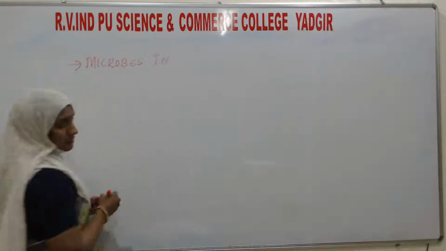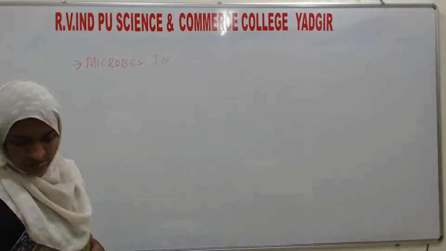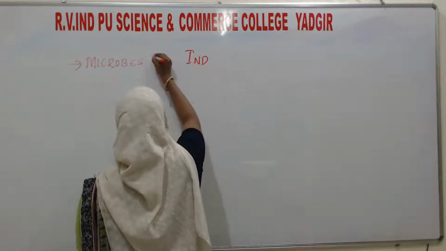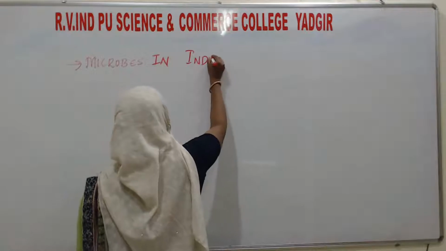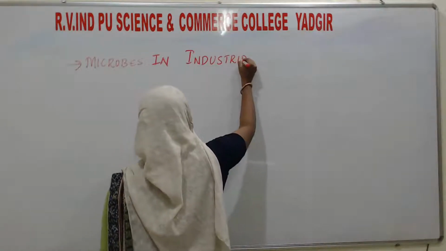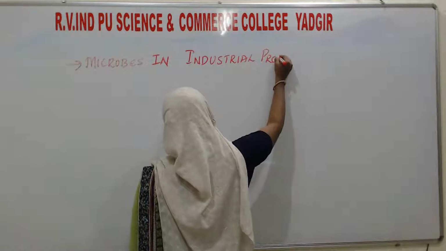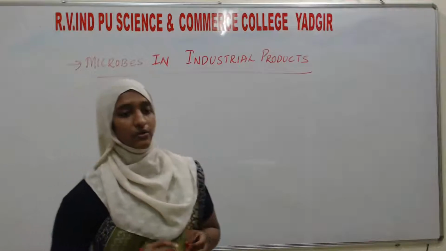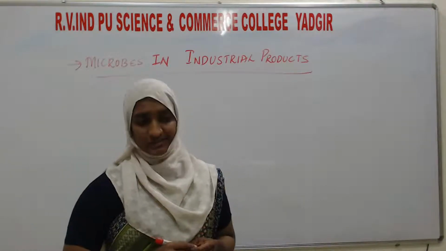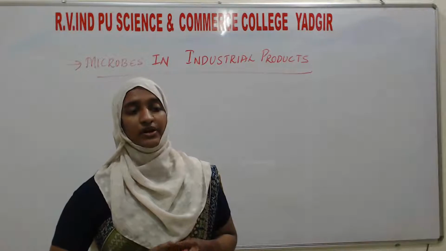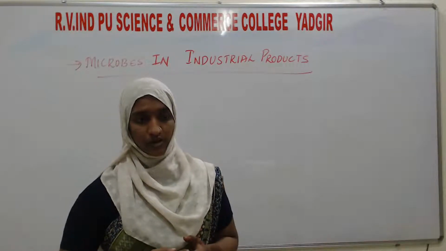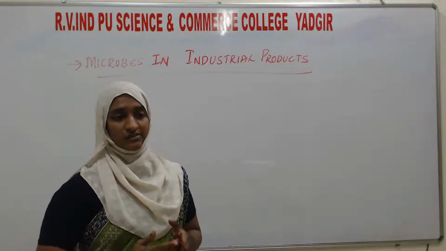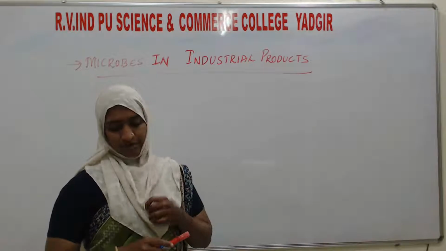Microbes in industrial products. Here, how the microbes are used in the production of industrial products. See, microbes are produced in large numbers. That particular microbes which have valuable uses for the production of certain products which are meant for